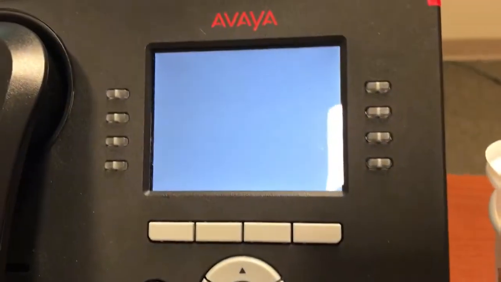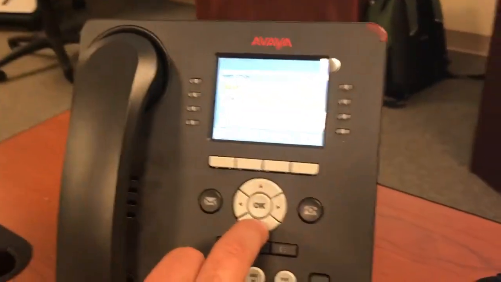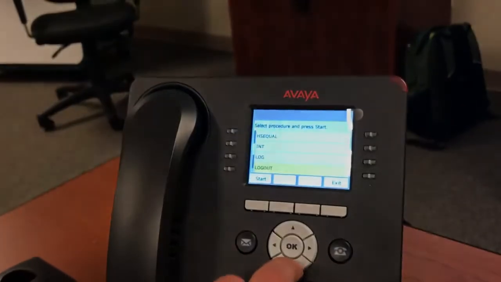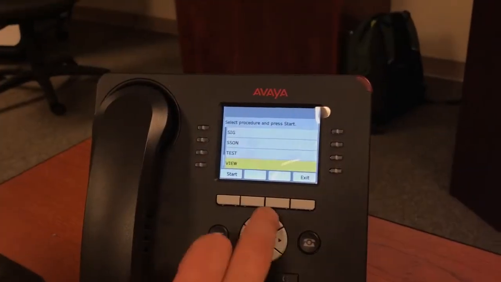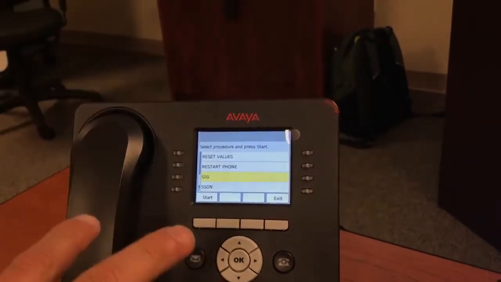Actually, in this case, it doesn't have any parameters, but I know that it has zip firmware. It's been looking for DHCP for a while there. I can easily tell it's not a zip phone because it doesn't have a zip menu. Now, if I want to convert this phone to a zip phone,